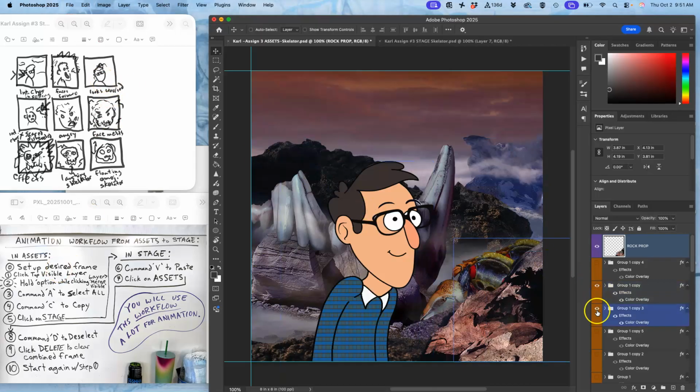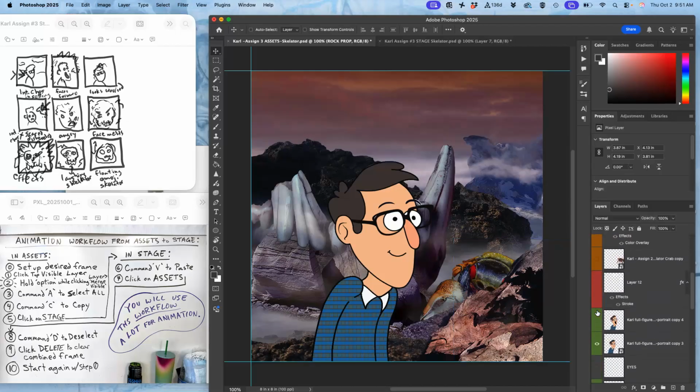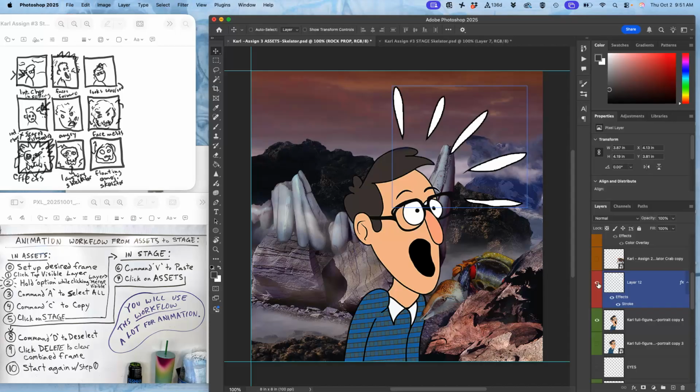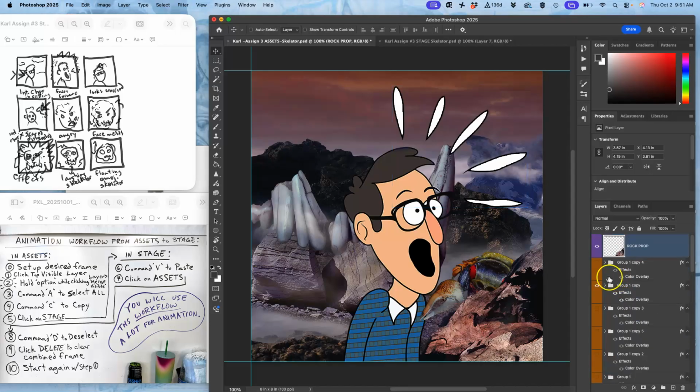My creature moves that much. My guy is now getting pinched, right, by the creature. And there are little exclamation effects. I want to see what my next creature thing is. Oh yeah, and then my creature is going to recoil. Good. Okay, so